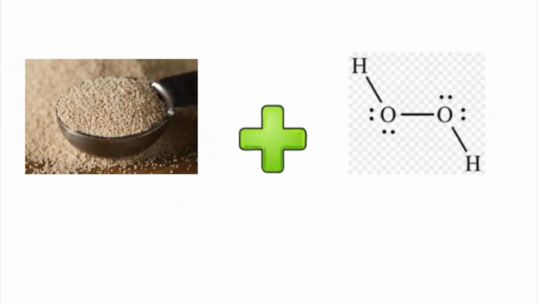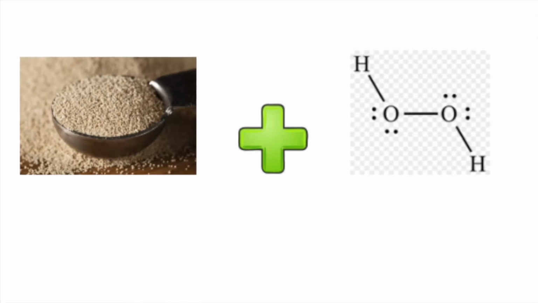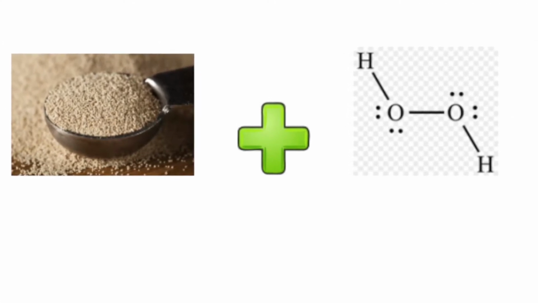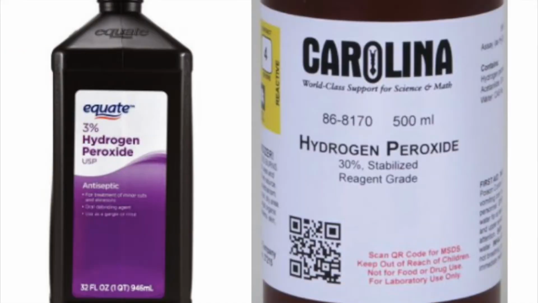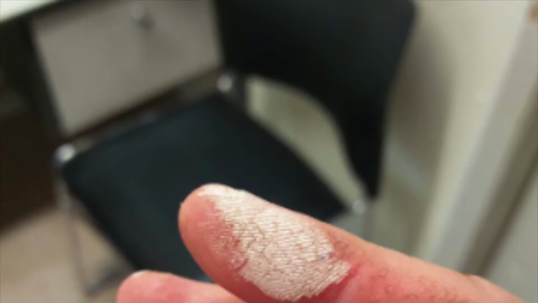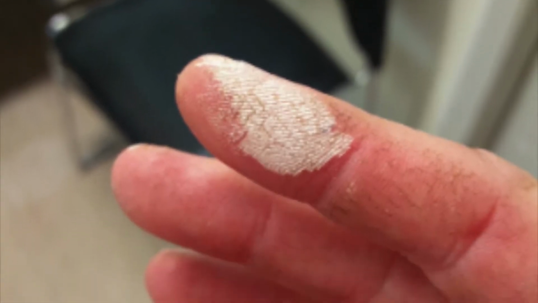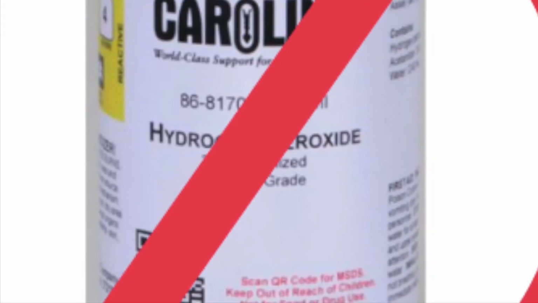Hydrogen peroxide is also known as H2O2. It is unstable and decomposes in the presence of a catalyst. Well, that's yeast. The concentrations range from 3% to 30%. 30% hydrogen peroxide can cause burns if it comes directly in contact with skin, and as a result, we were